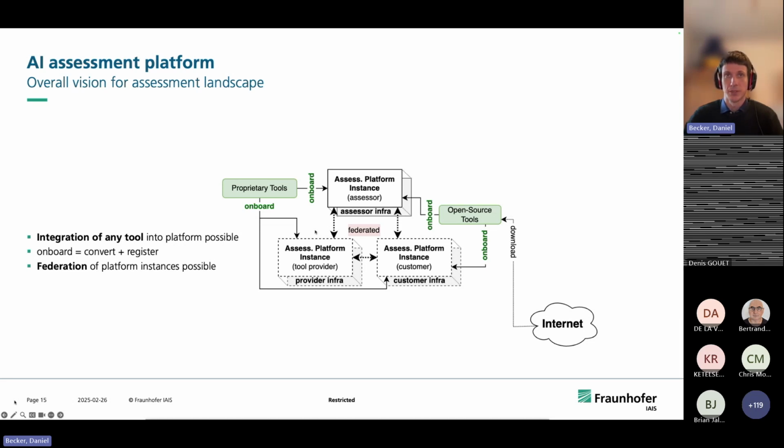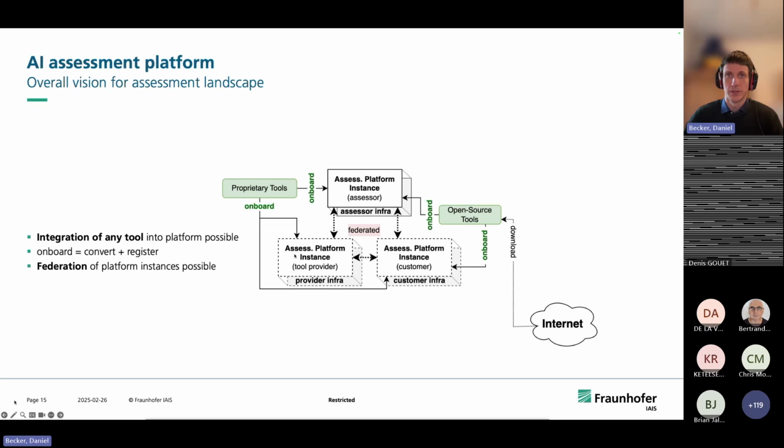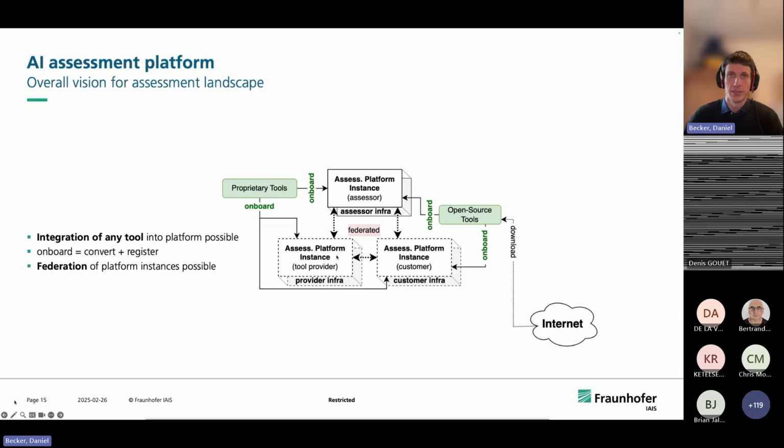Then it should be possible for these platform instances to talk to each other, and for a workflow which requires the model to run here and the tool to run here, and the overall workflow to run over the whole platform. That should be something that can be accommodated by our architecture, by this kind of platform.